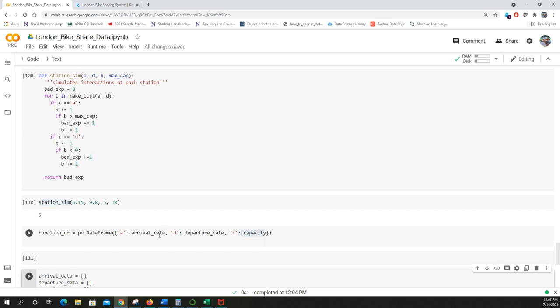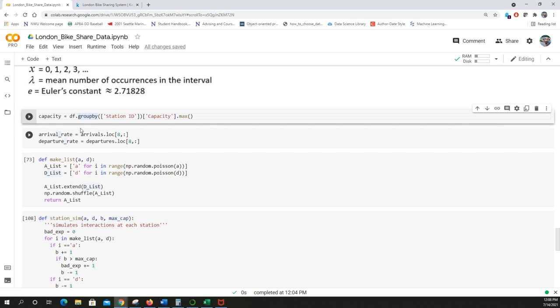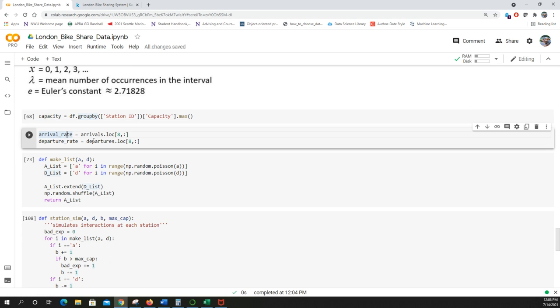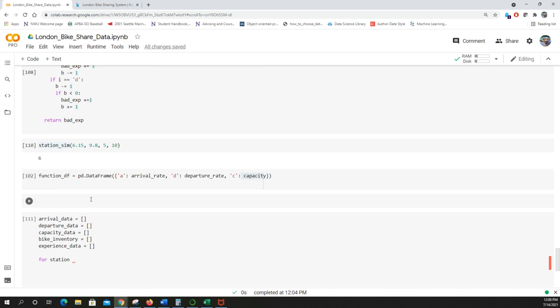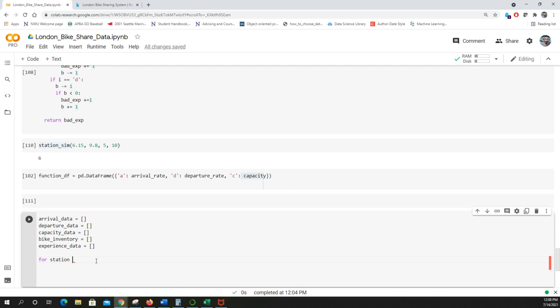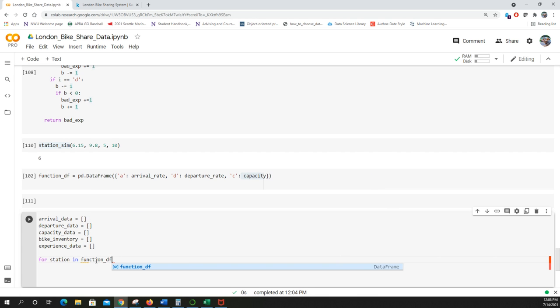And these objects that I've created, if you need a refresher, they're right up here. A group by got us capacity information, and this arrival rate, departure rate objects, these are simply pointing at certain slices within the departure and arrival data frame that we created before, okay? So we're just going to go ahead and iterate through and say for each station in the function data frame that we created, transposed,